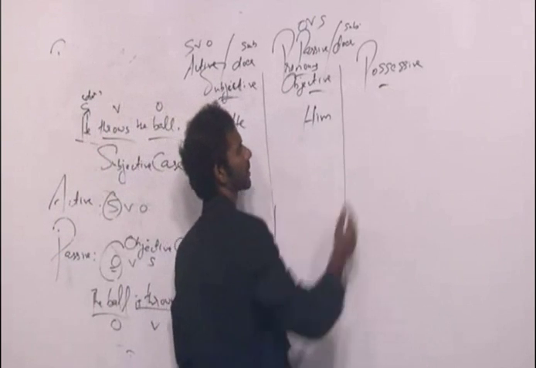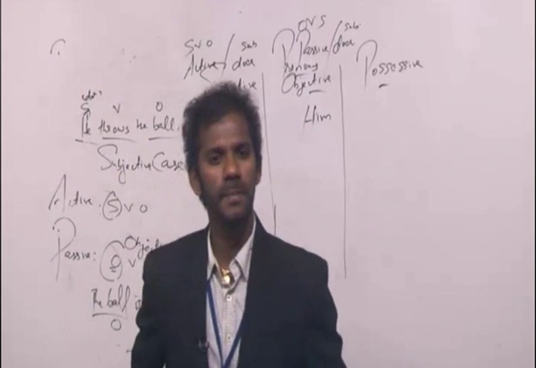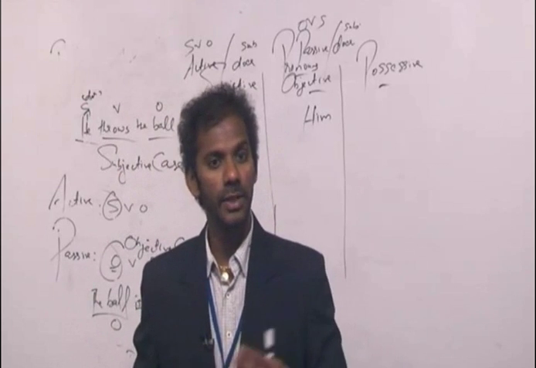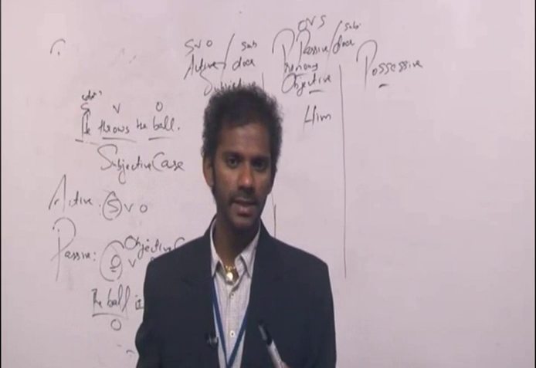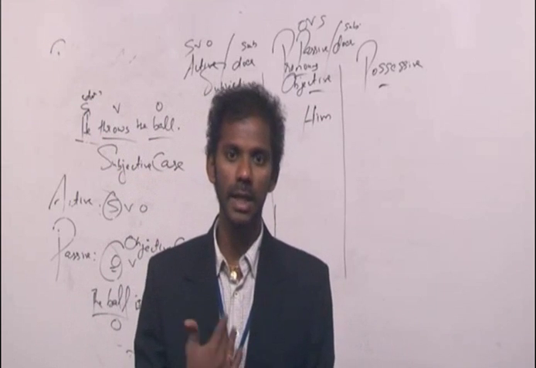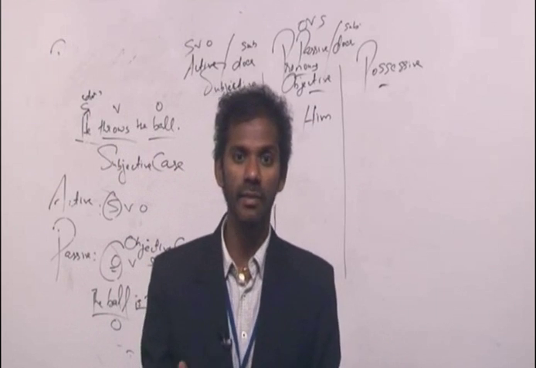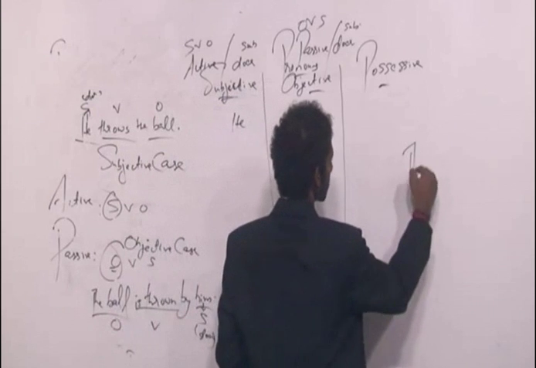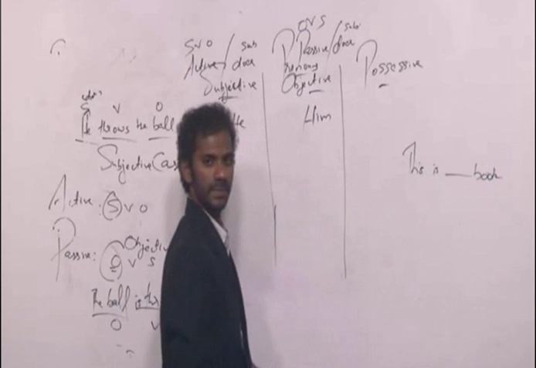Right. Now come to this one. Possessive pronouns. If I say possessive, what am I saying? Something that belongs to someone, something that someone possesses. If I say, this is my marker, that means I possess this marker, or this marker belongs to me. That is termed as possessive case. Something that belongs to someone or something that someone possesses. Clear? If I write two sentences like, this is dash book.